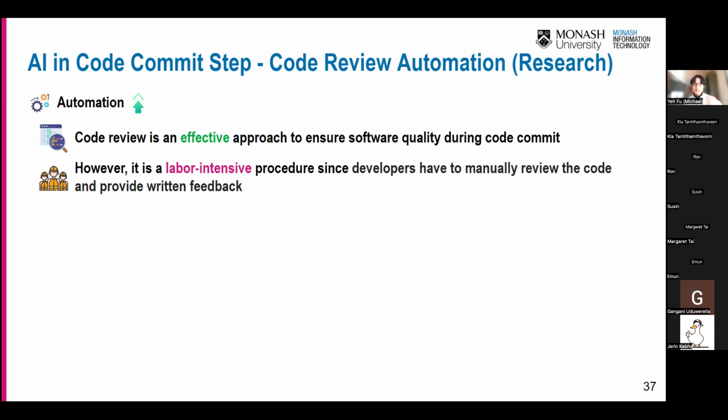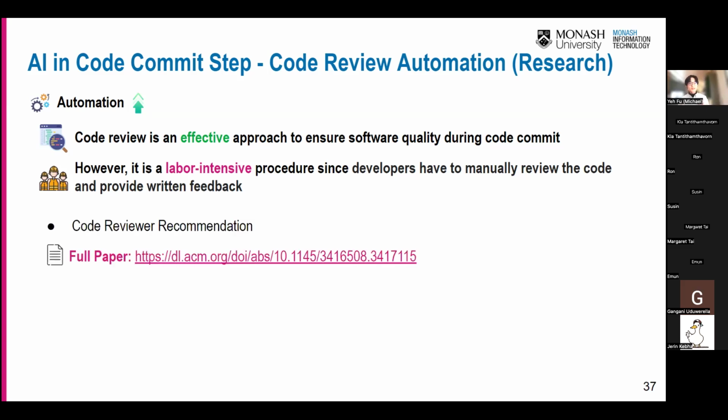And the research community is also looking at something like AI-based code reviewer recommendation. It's based on the reviewer's expertise and reviewing history, because some reviewers are good at languages, for example Python and Java, and other reviewers are good at C or C++.